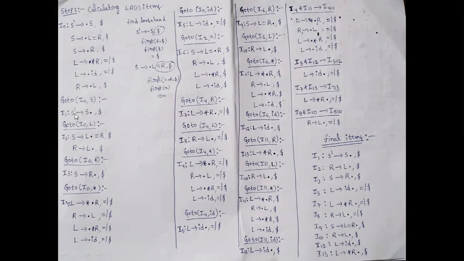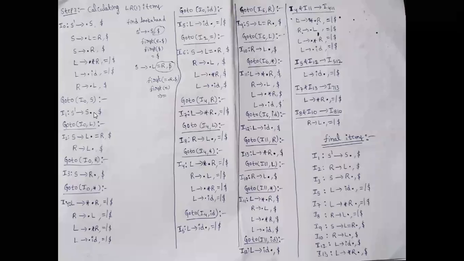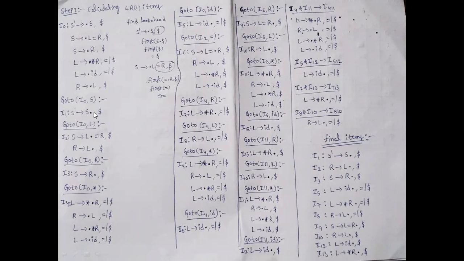So the production becomes S dash produces S dot comma dollar. Here, after the dot, is there any terminal or non-terminal? If we have a terminal or non-terminal after the dot, then we apply the goto on it. We take the closure function. After the dot we have another non-terminal in that particular statement, then we need to expand the